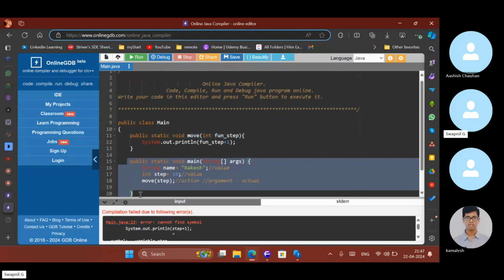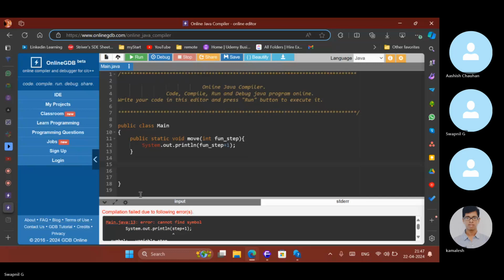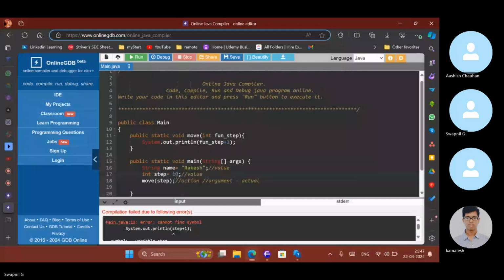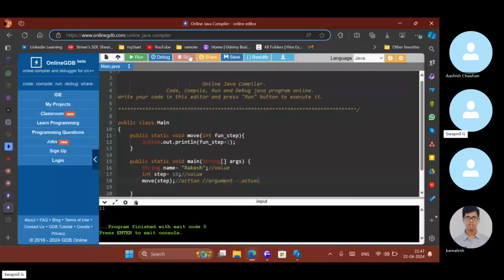Do parameters have their own value? No, sir. No. Where does it take its value from? From arguments. I know it's hard for a few people. If you have gone through the last class, then you would have understood the topic. But again, let's suppose I changed the step to 9.